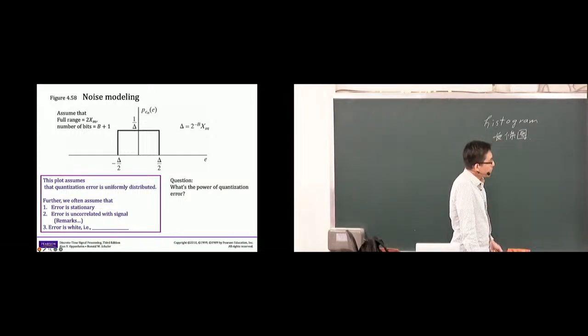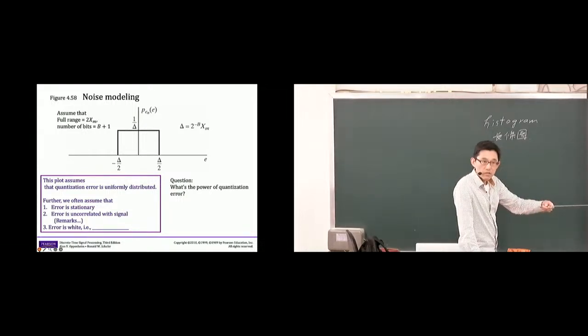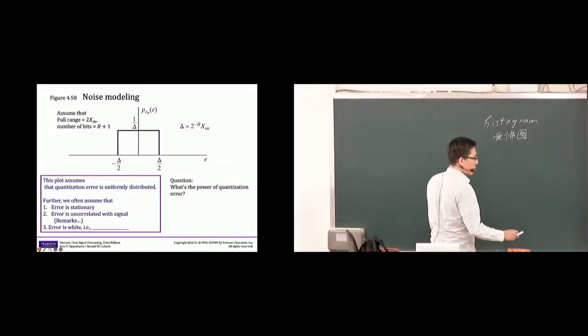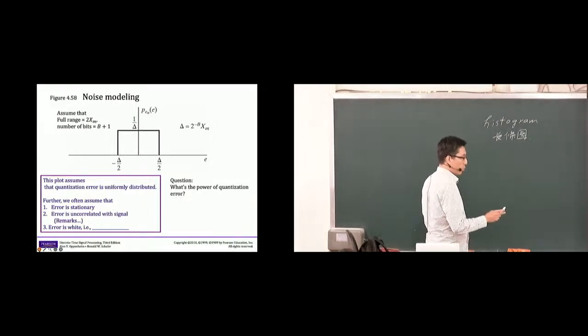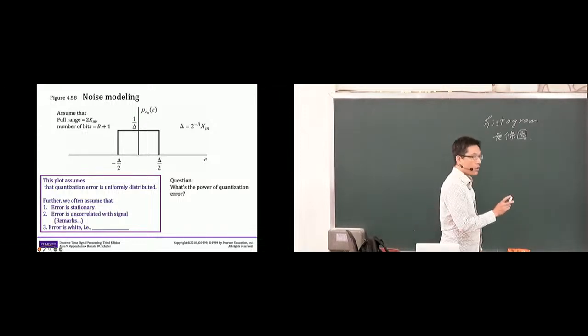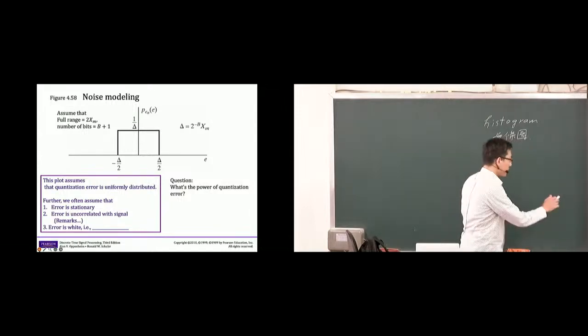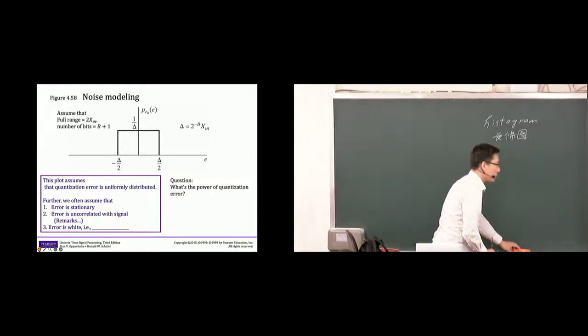So for any statistical signal, when we measure the spectrum, if the spectrum is kind of flat, or ideally if the spectrum is exactly flat, then we say that this random signal is a white signal. Okay, so the sufficient condition for a random signal to be white is when the samples are independently distributed. Okay. Let me elaborate on this point.